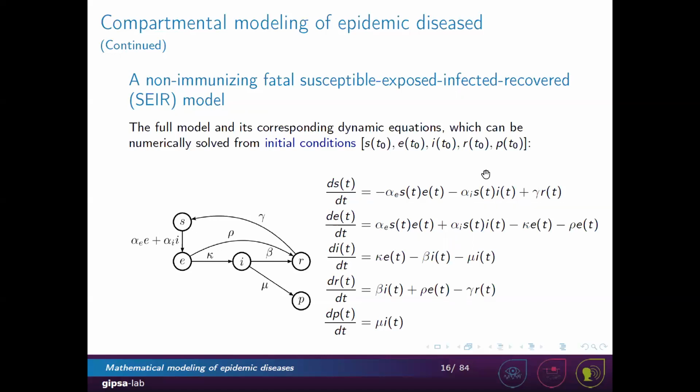We have a similar term for this part of the model, alpha I multiplied by I. Again, it is exiting the group of susceptibles, plus gamma multiplied by R, which is this edge of the graph, which is exiting the recovered group and re-entering the susceptibles. You can see that we are writing the same set of equations, similar equations, for all of the compartments of the model.